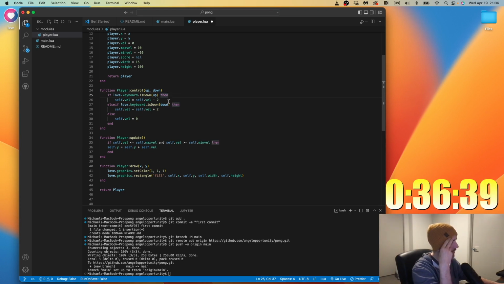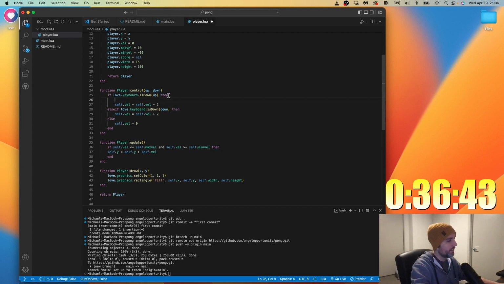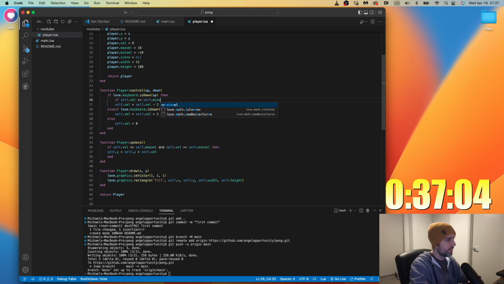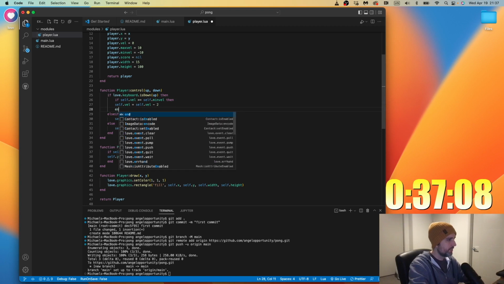If keyboard is down up, I'm trying to think where to put this. If I put it here, maybe. Then if self dot vel, this is the one down, is greater than or equal to self dot min vel, then do that.